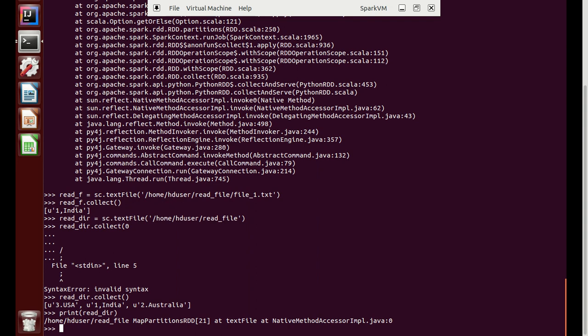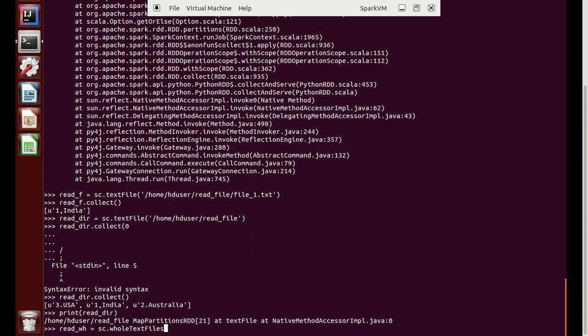There is another way, and that is called wholeTextFiles. So we will try to read using the wholeTextFiles way. We'll create another variable read_wh, for whole text files, and sc.wholeTextFiles.